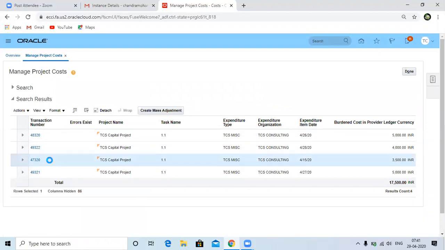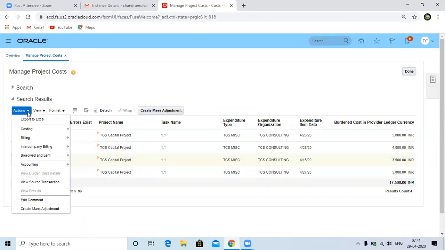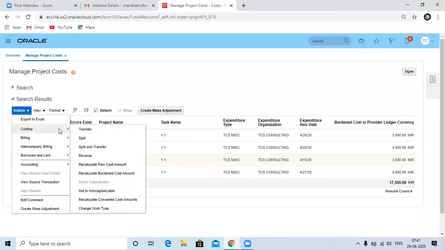For example, this is the project. This 3,500 is related to a different task, or you can use a different project. It's up to you, you can do both. So let's select this one, go to actions. Let's go to costing. There you have transfer, split, and split and transfer. Let's go to transfer first.